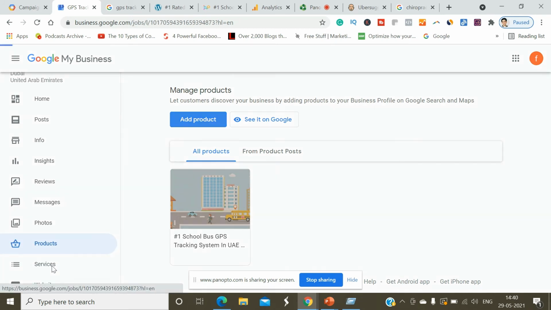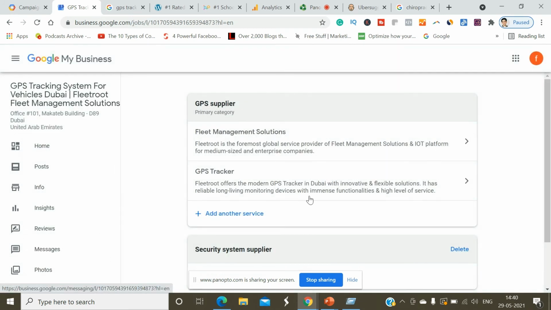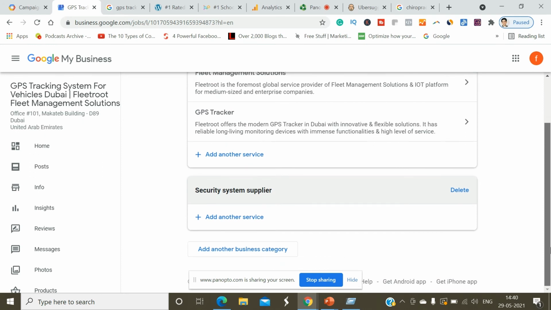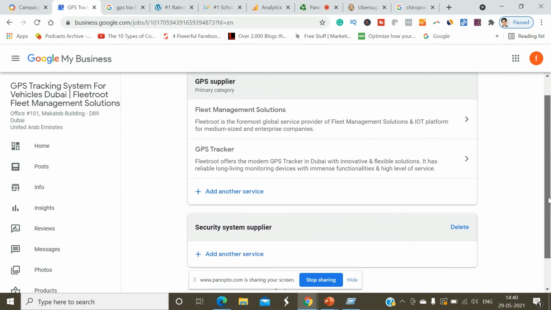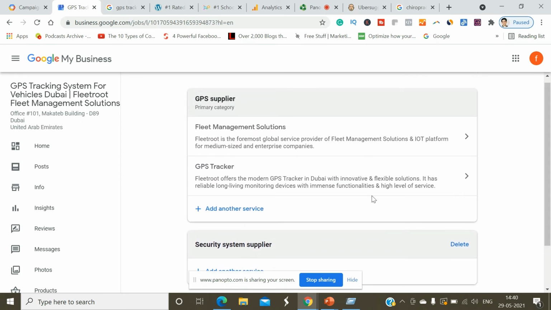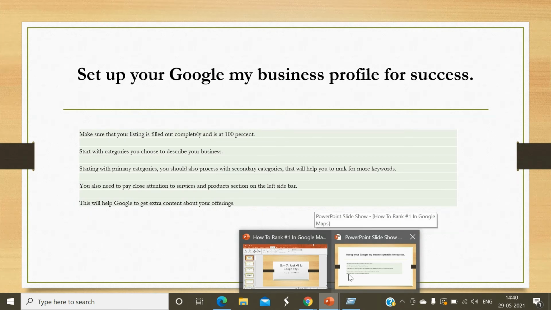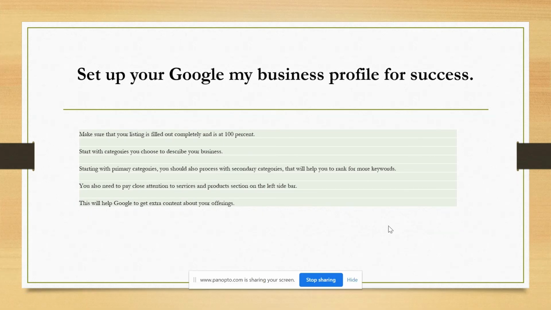Then services, see, GPS tracker, we have added the service. We offer security system supplier. We have added fleet management solutions, tracker services as well. Right guys, so we have kept the Google My Business profile 100%.